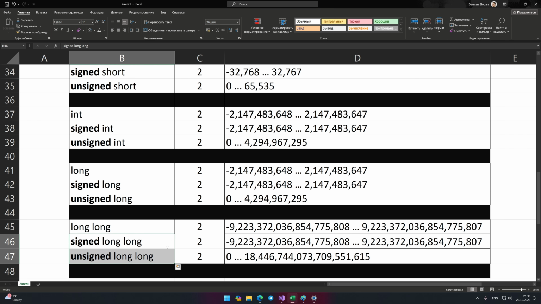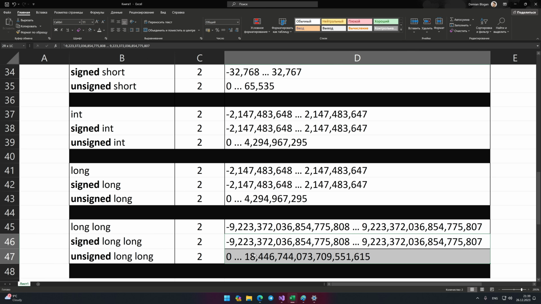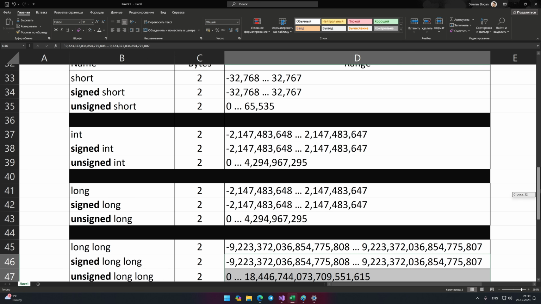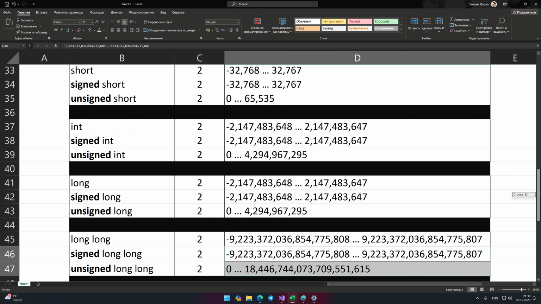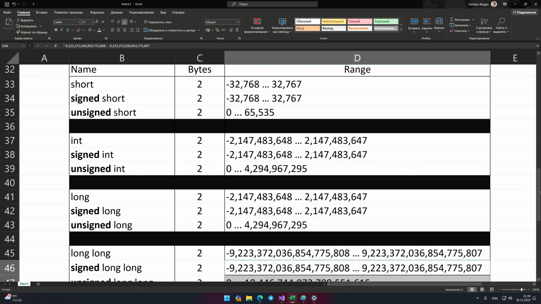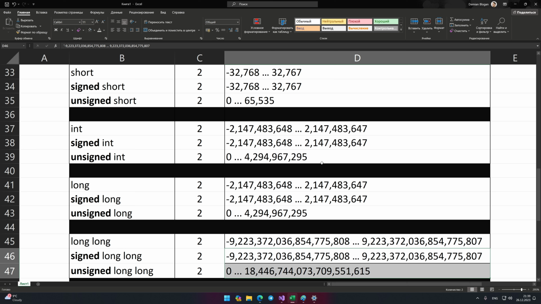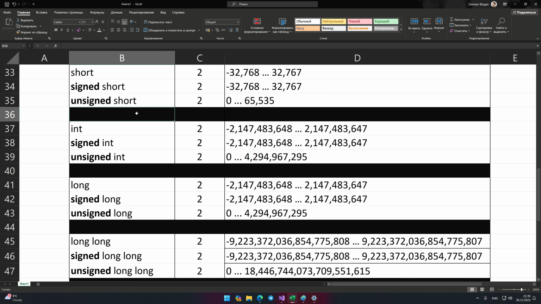There are situations in which you don't need negative values when creating data, and at the same time you need a value that, for example, doesn't fit into the type short, but you don't want to choose the int type since it can take up more memory. You may encounter a combination of the word unsigned and some type of data in problems that describe entities that cannot be negative in principle. For example, the quantity of something, it can't be negative, or the size of something. You're not forced to use the word unsigned, but you should know what it does to an integer type.